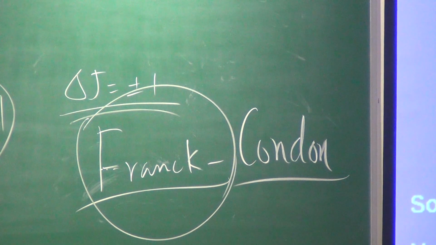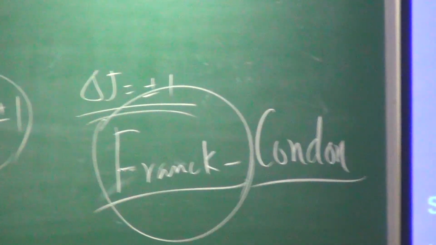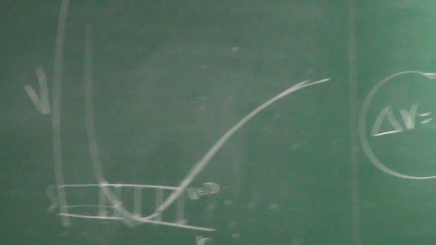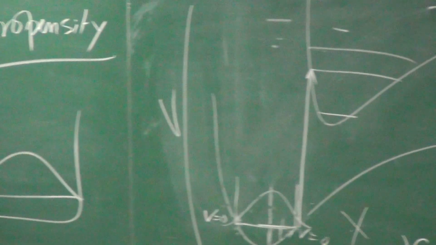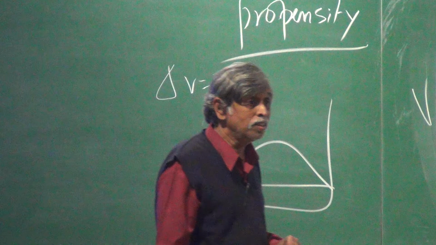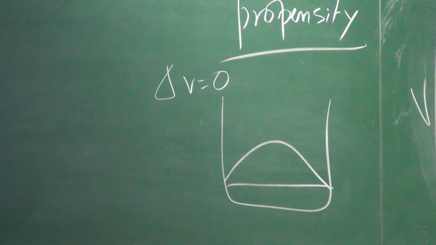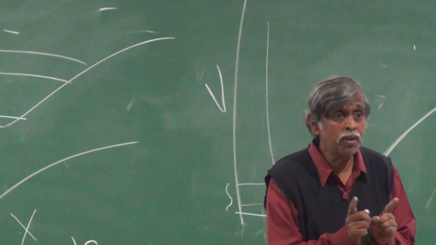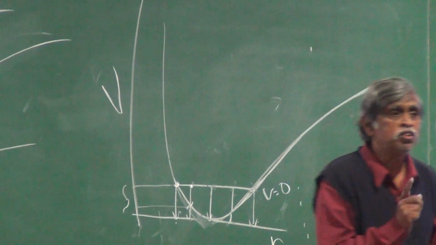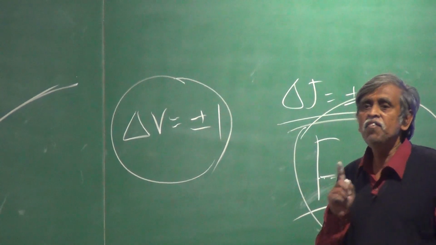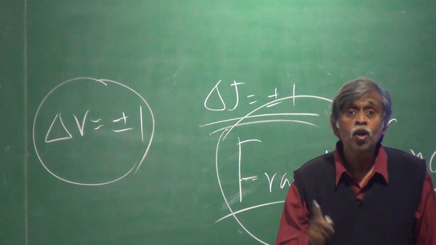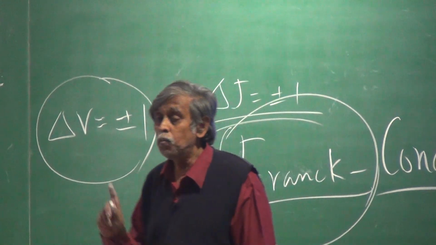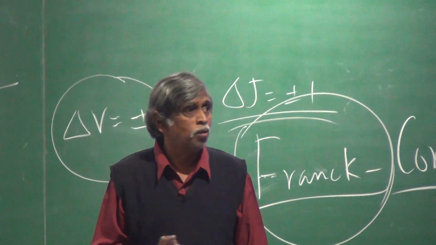Condon brought in the issues that quantum mechanics was happy with. He took the issues which Franck was saying and he put the two together so that Franck's statement was now no longer a violation of quantum chemistry. And within the tenets of quantum chemistry, he was able to explain what Franck was trying to tell us. In other words, Condon gave us a quantum mechanical interpretation of Franck's statement. And once that was brought in, then there was no problem.